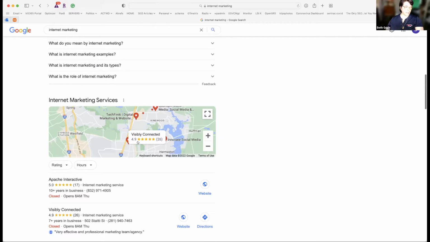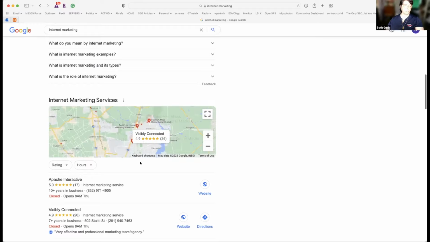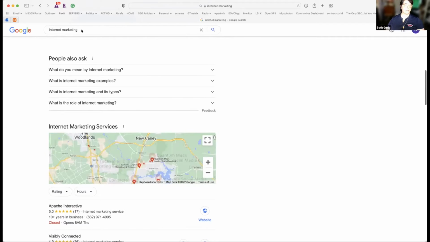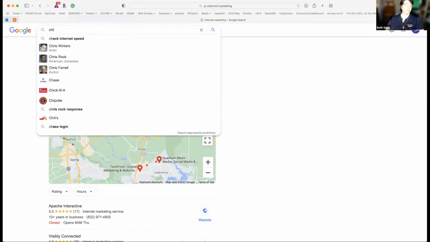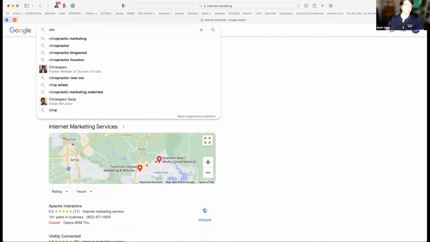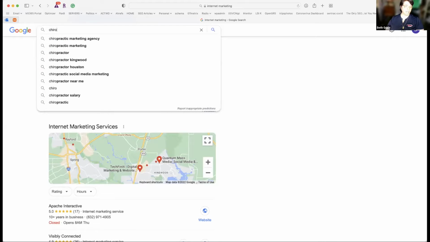So what that means to us is that we need to understand how this works and how it has evolved, so that we understand how to get the most out of it and make sure that we appear in this map pack, okay? Because that should be your goal, because 95% of the traffic that hits a search with a map will pick the number one on the map listing. So I want to make sure that we all understand why this is vitally important.